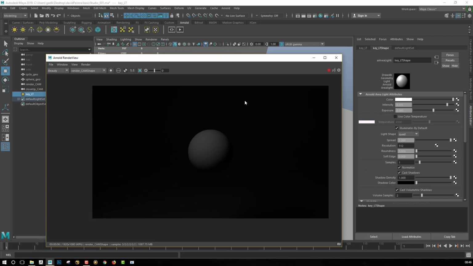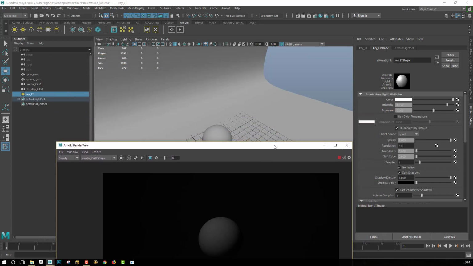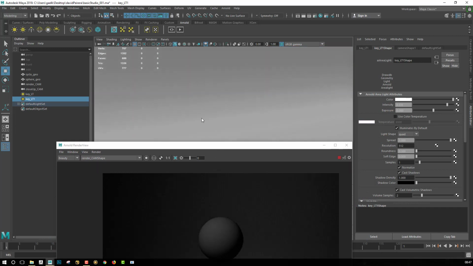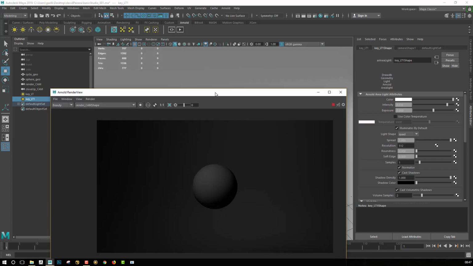So here we have a cyclo. We cannot see it because we don't have any light to light it up. But something that we will do actually will be to add a light. So I will just select my light, for example, Ctrl D to duplicate it. Then I will aim directly on the background to light a bit what is happening in my scene.